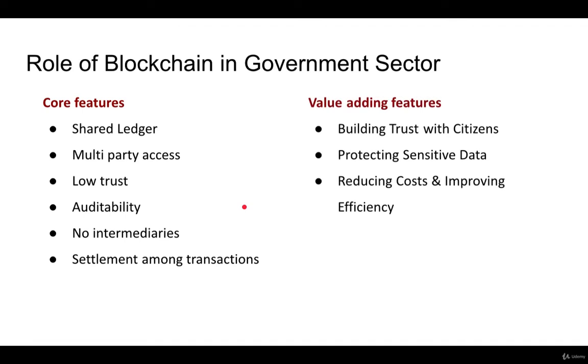There are other value added features of blockchain which are basically going to help in enhancing the adoption of blockchain. So the first one is building trust with citizens. Now, typically, you'll find that very often there's a lot of distrust from the citizen side for the government, and the reasons may be multiple. But this trend can be reversed with the help of blockchain, because blockchain brings in transparency because of